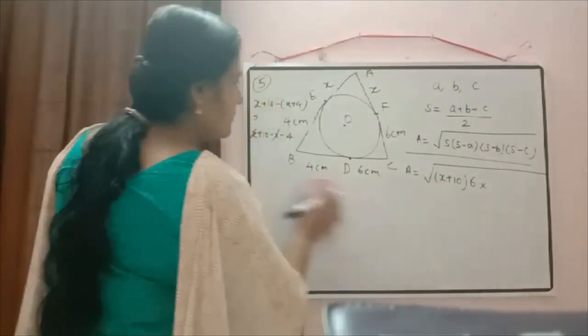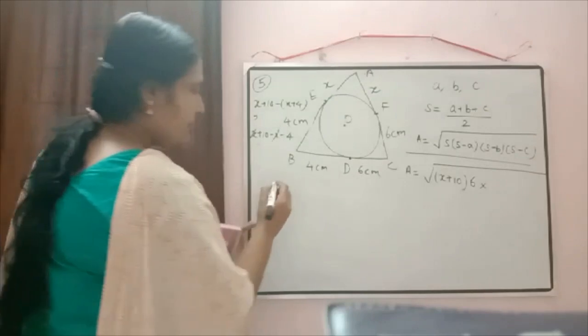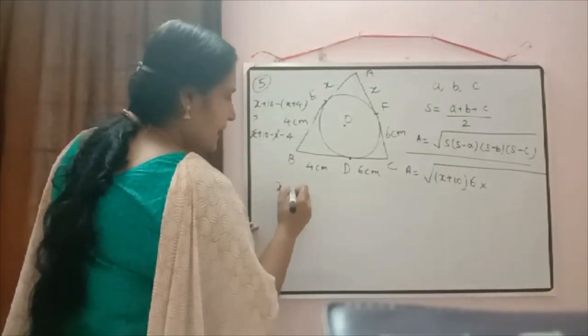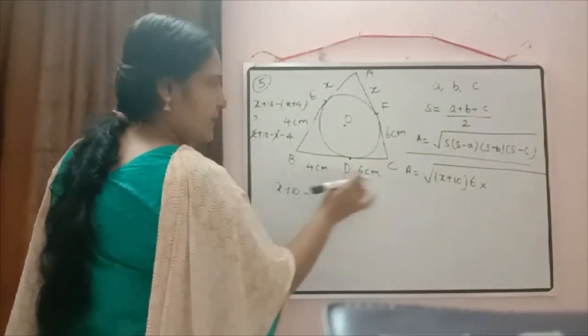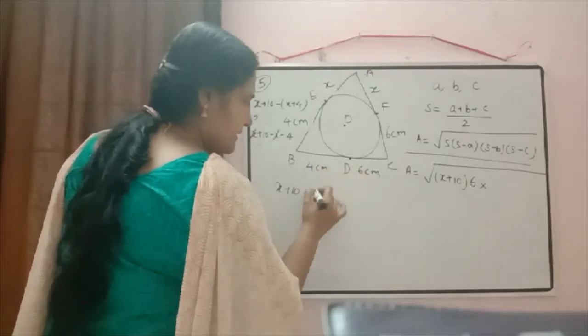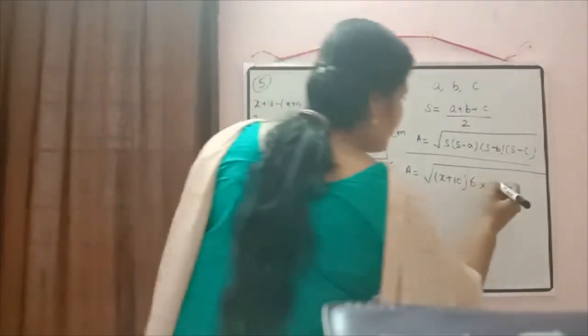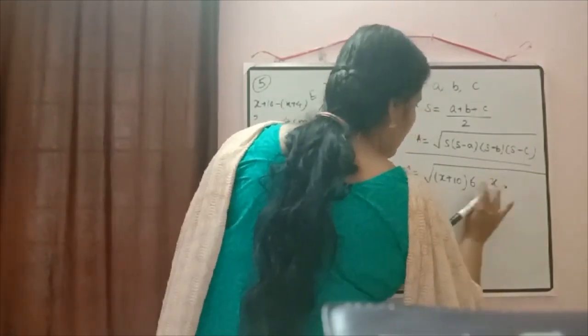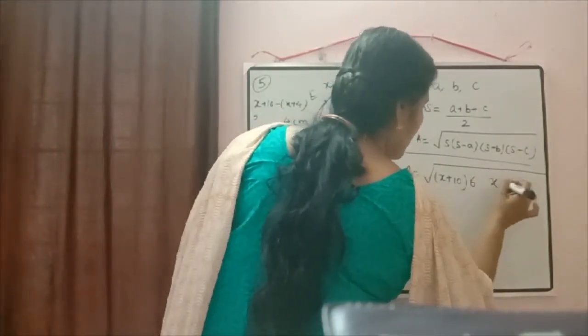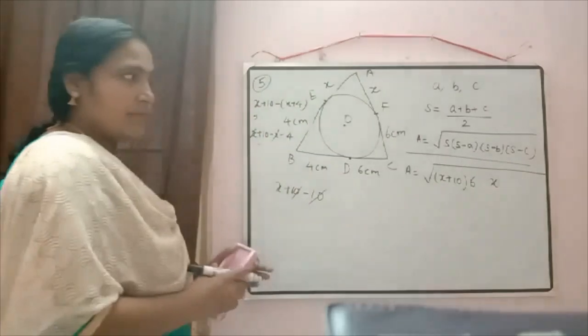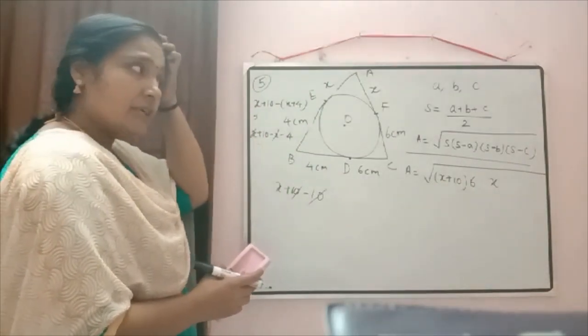Now we are going to do s minus b. Our value of s is x plus 10 minus b, means this side there. So 4 plus 6 is 10. So 10 and 10 will get cancelled. We will get here x only. Then into, if you don't want you can put a dot here. Otherwise x and into both confusion will be there.